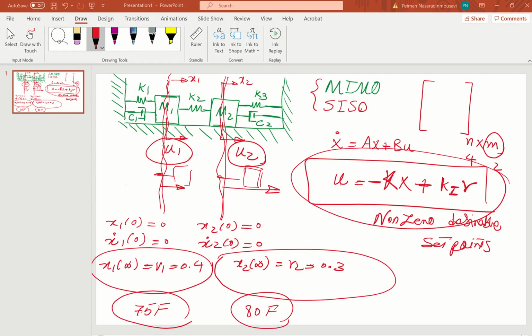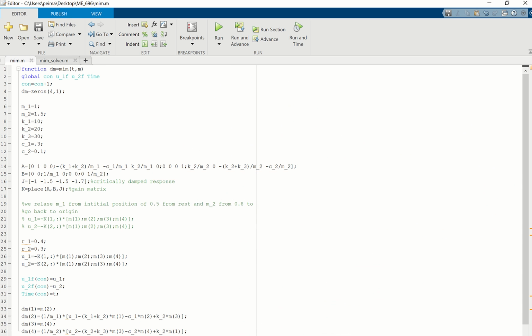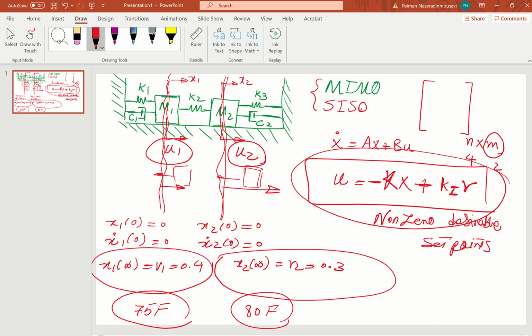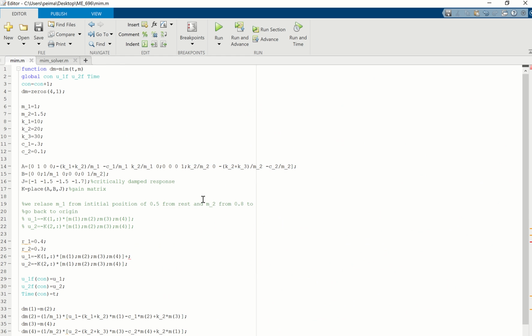So now u1 is minus Kx plus the first element of K, as I taught you, from the notes where I developed the code. In K, 1 and 1, the first row, first element,